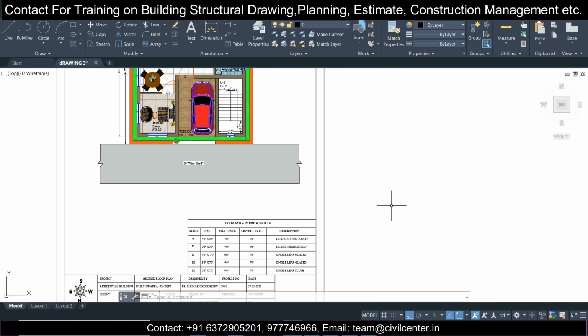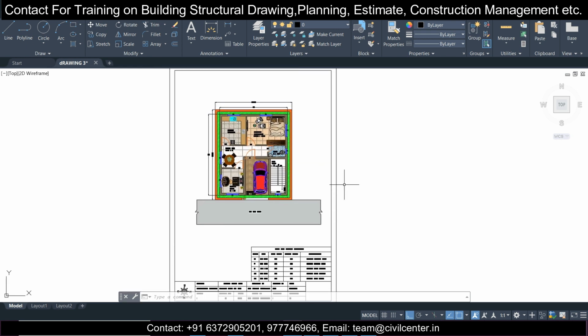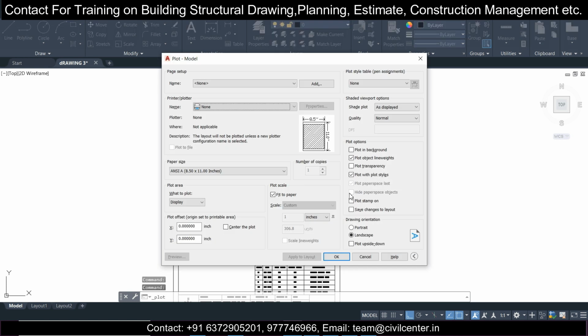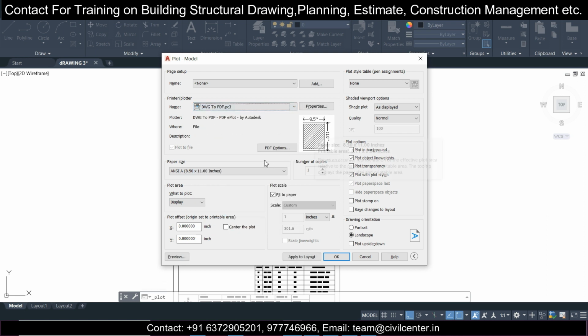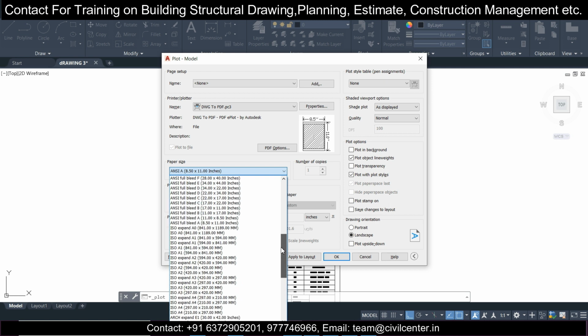So like this you can complete the plan here, and after that if you want to print out this particular file, let's do that also. We'll just use Ctrl+P, and then you select any of your printers here. DWG to PDF is available in all files, so I'll select that, and you have to select the A4 sheet, because we have gone for the A4 sheet size.